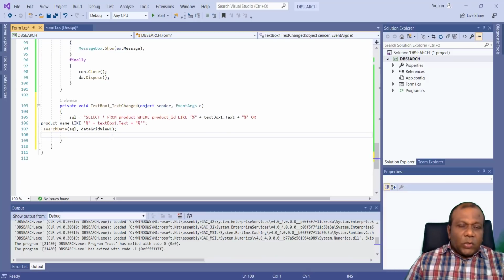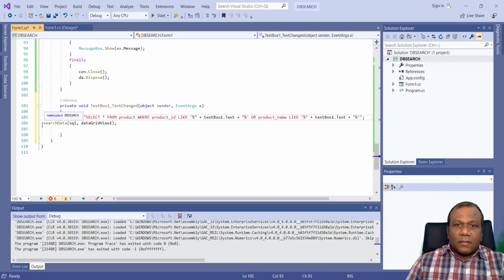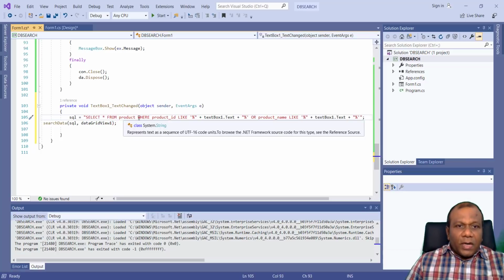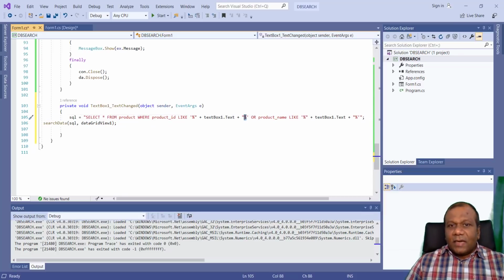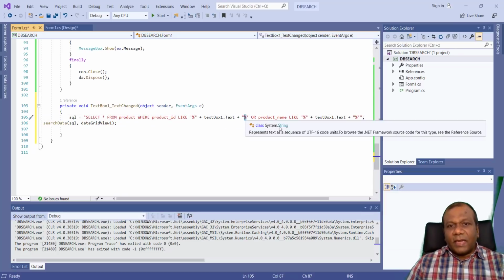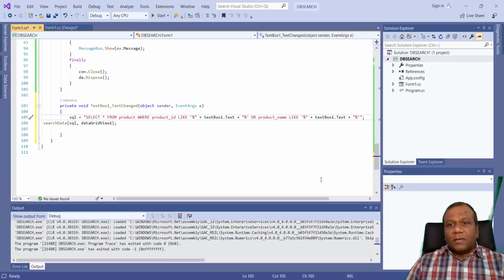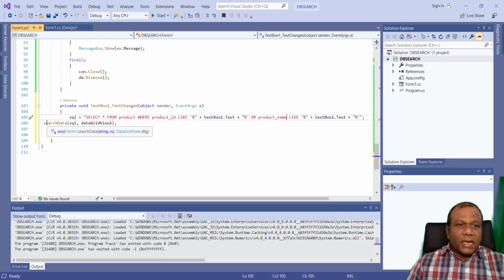So it's a SQL: select all from product where product ID like, you are using a wildcard, like text box text, again with wildcards before or after any characters, or product name like. So you can search by ID or product name from the text box. And we are calling SearchData, passing the query to the parameter and passing the data grid view, right?